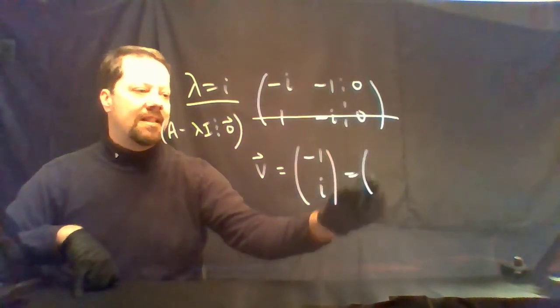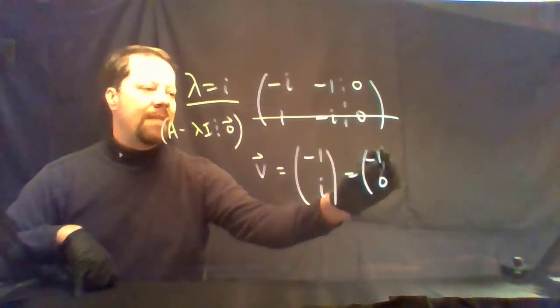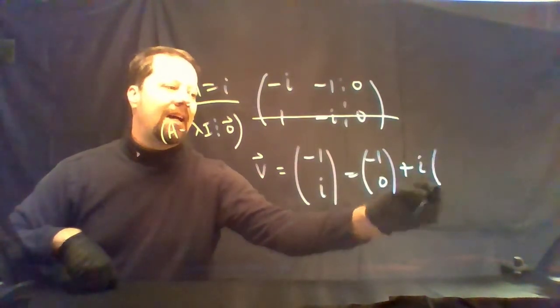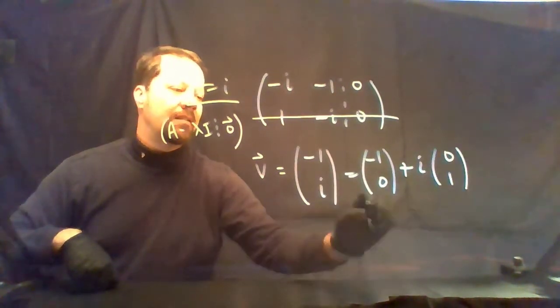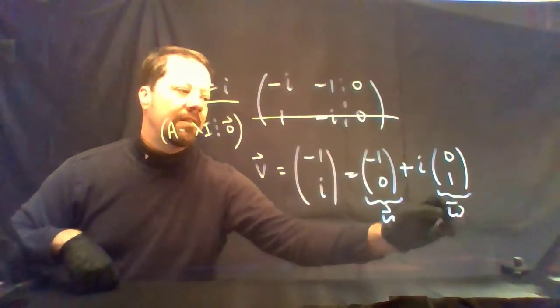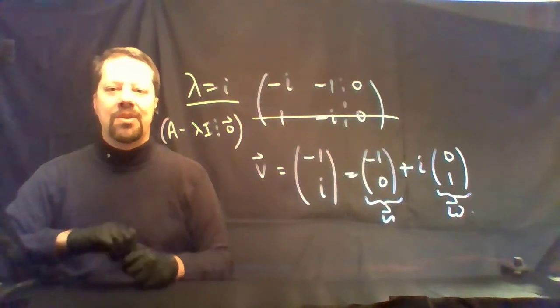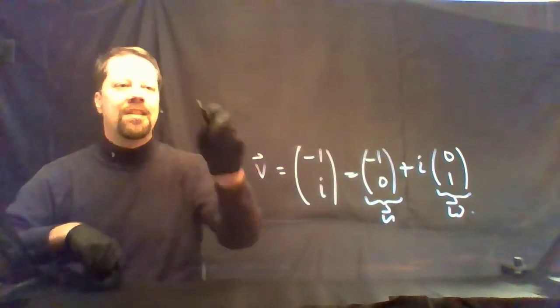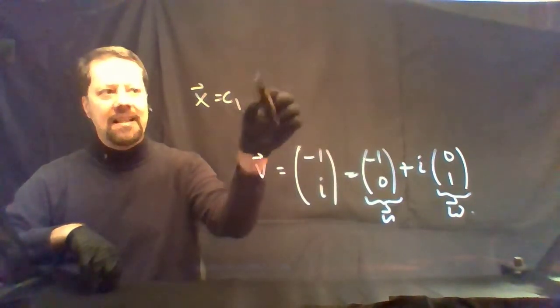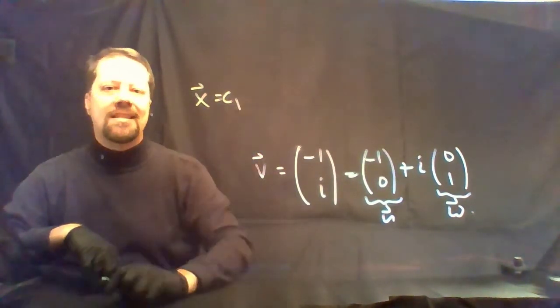You can see that this decomposes into real and imaginary parts. It's negative 1, 0 plus i times 0, 1. This will be the vector u. This will be the vector w in our solution. It follows that the solution is then c1 e to the alpha t, which is going to be 1 since alpha was 0,